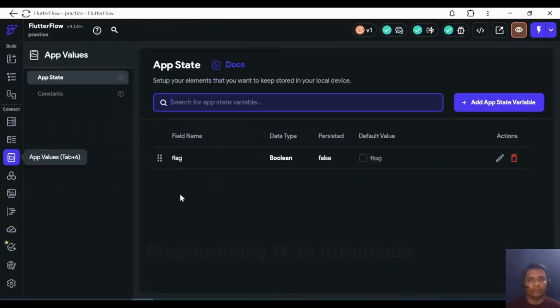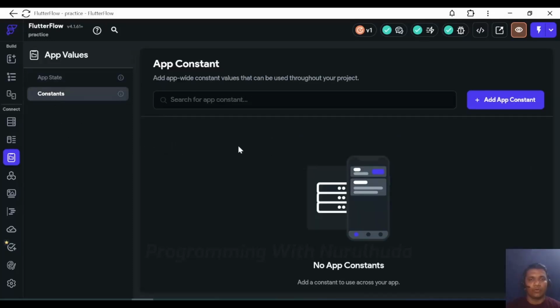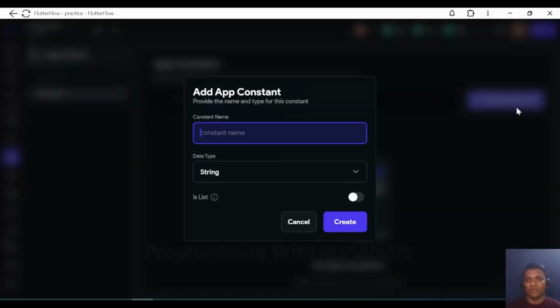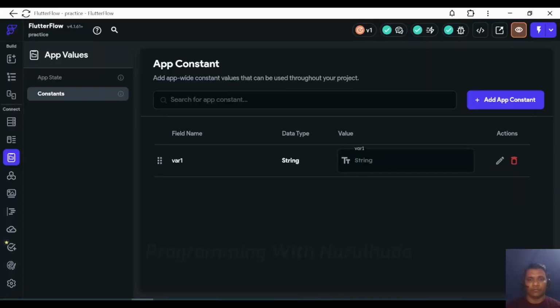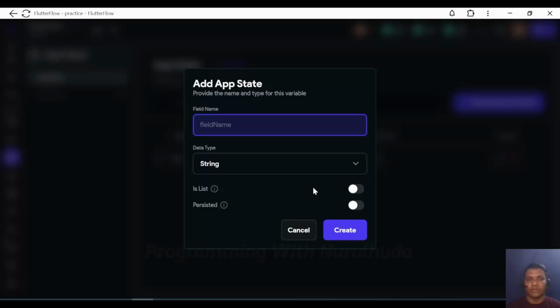app values. Now, in app values, two types of variable we can manage here: abstract and constant. Constant means we can define a variable here, var1, and its value at that moment. Suppose var1's value is test. And an abstract variable is used to define, meaning create, one variable